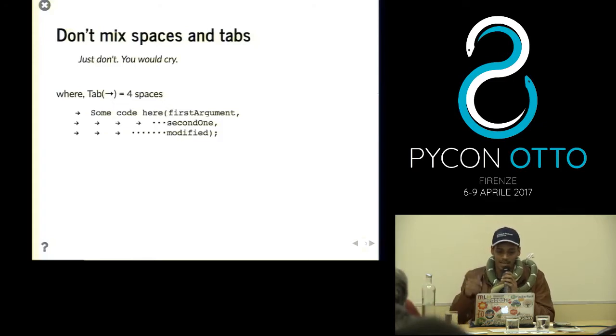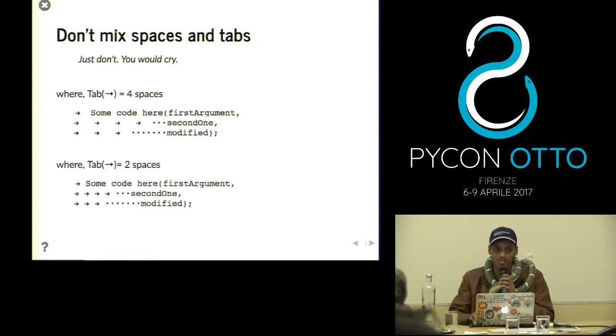If somebody else opens the file in his own editor where a tab is basically 2 spaces, then everything will be messed up. So don't mix spaces and tabs, or if you do, make sure you use a decent text editor which can resolve this problem of having tabs plus spaces at the same time.